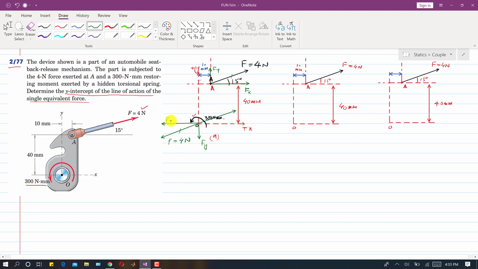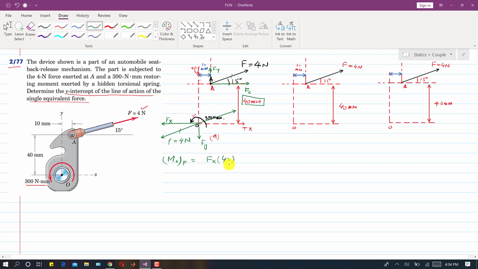Now if we consider only f of x, both f of x are in the opposite direction, so they are producing their own couple, and both the f of y are in the opposite direction, so they are producing their own couple. So there are basically two couples. Now if we want to find the moment about O due to this given force F, it should be equal to f of x times the perpendicular distance between the f of x components. So this is f of x and this is f of x. The perpendicular distance between these two f of x components is 40 mm.